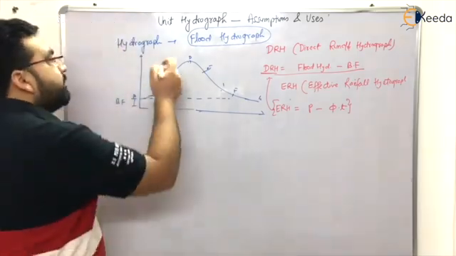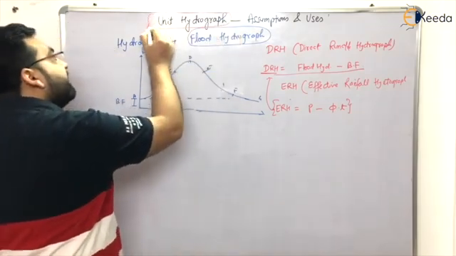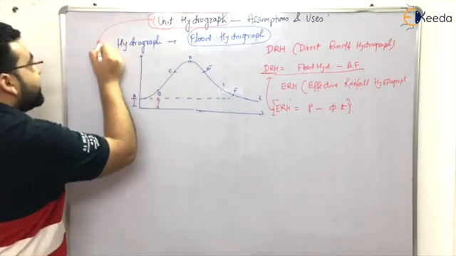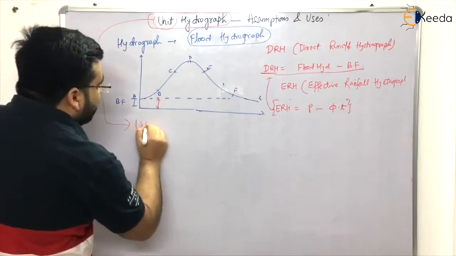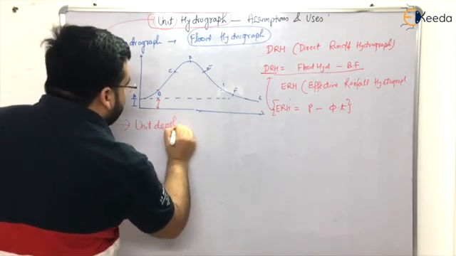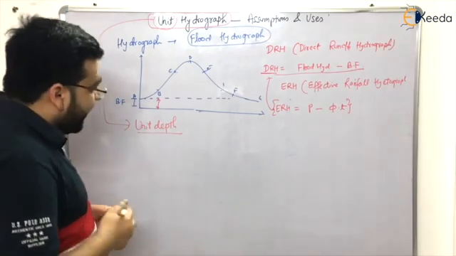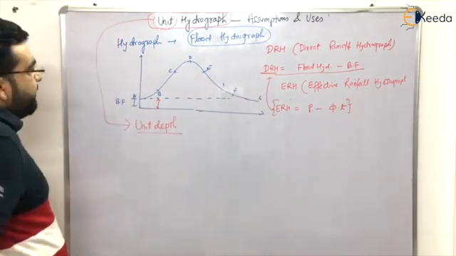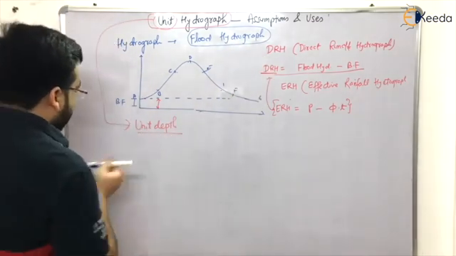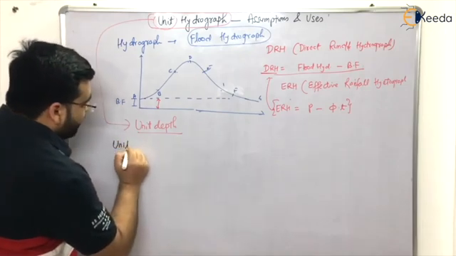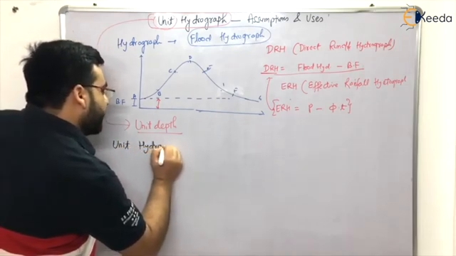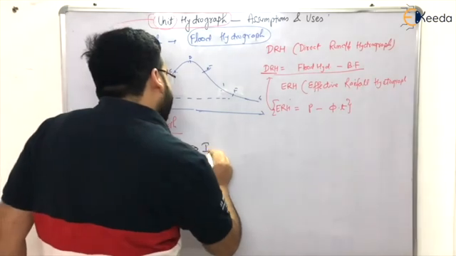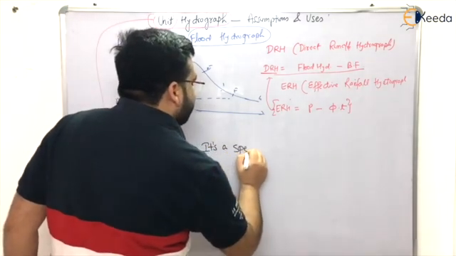Okay? Now let's come to the topic of unit hydrograph. So what is a unit hydrograph? Now you must be seeing this word unit. Unit stands for unit depth, right? So unit hydrograph is also a type of direct runoff hydrograph. Let me write it here that unit hydrograph is a special type of direct runoff hydrograph